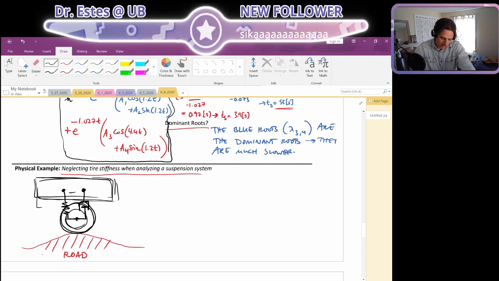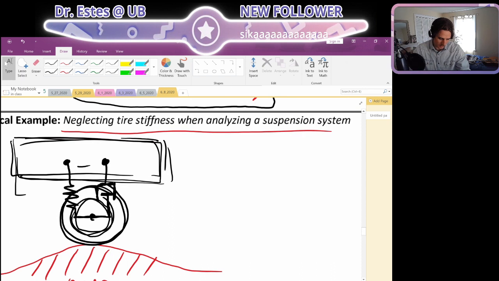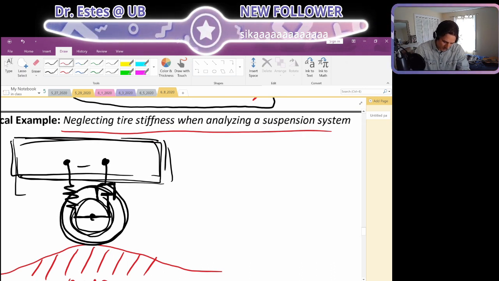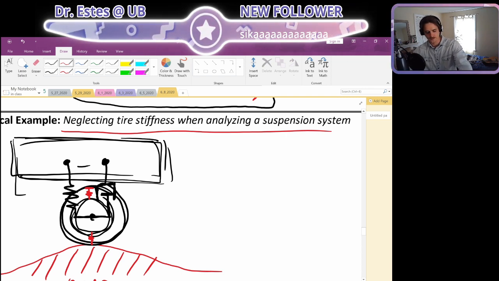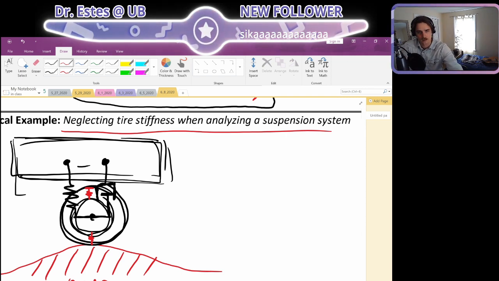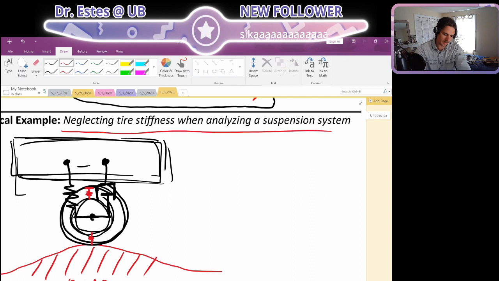Now it turns out, as you can imagine, the tire itself is a little springy, and you could imagine there being springs here as well. But often when we're simulating the bulk motions of a car, we ignore the stiffness